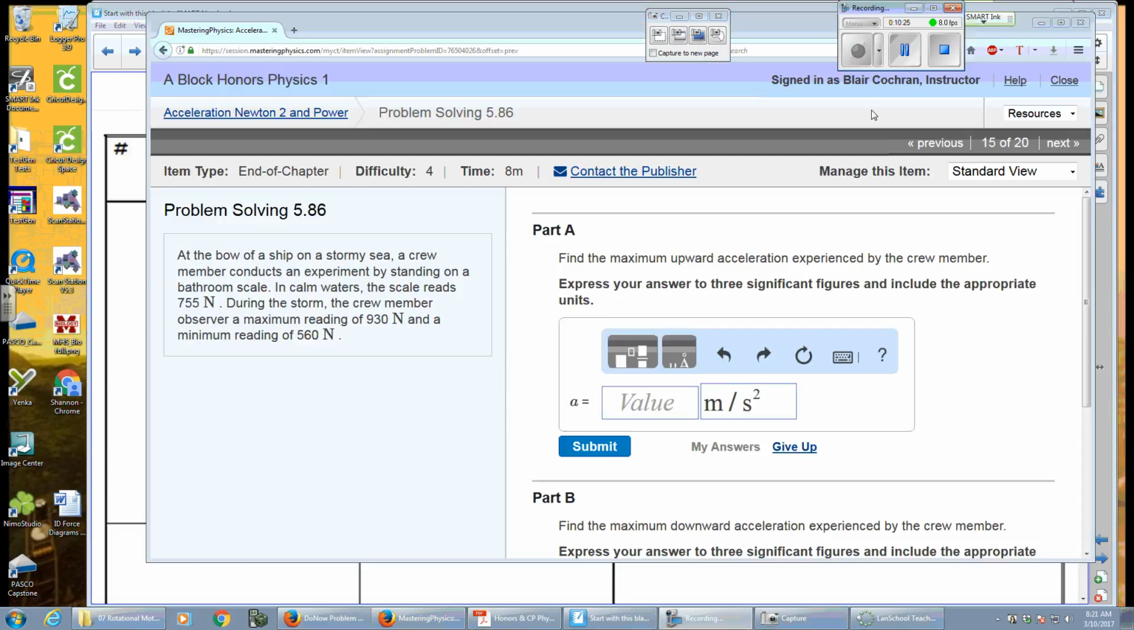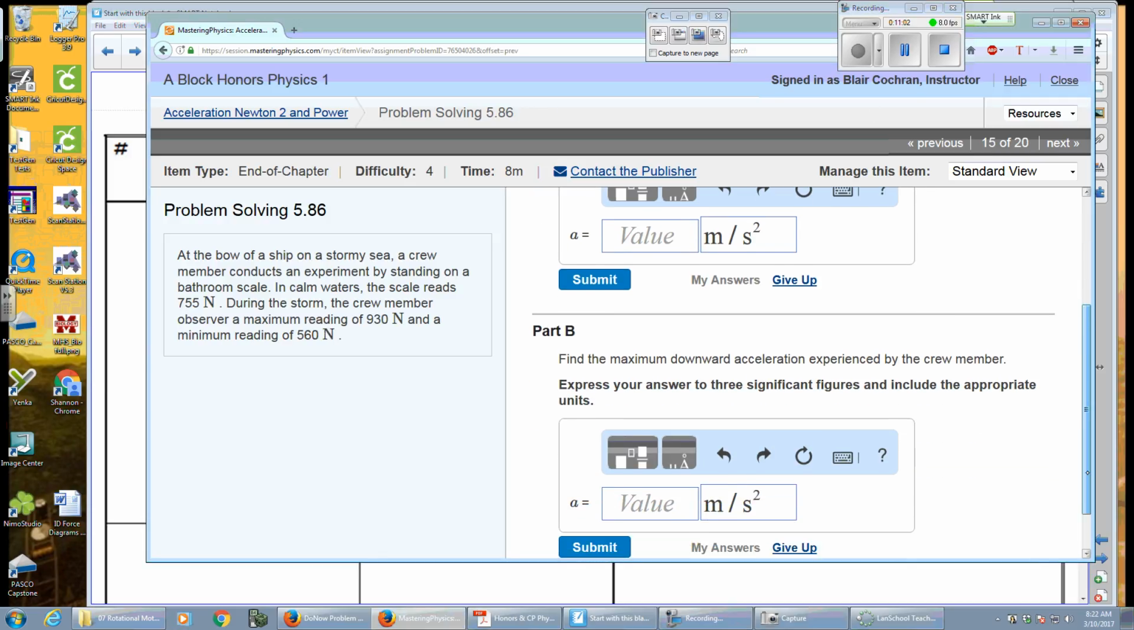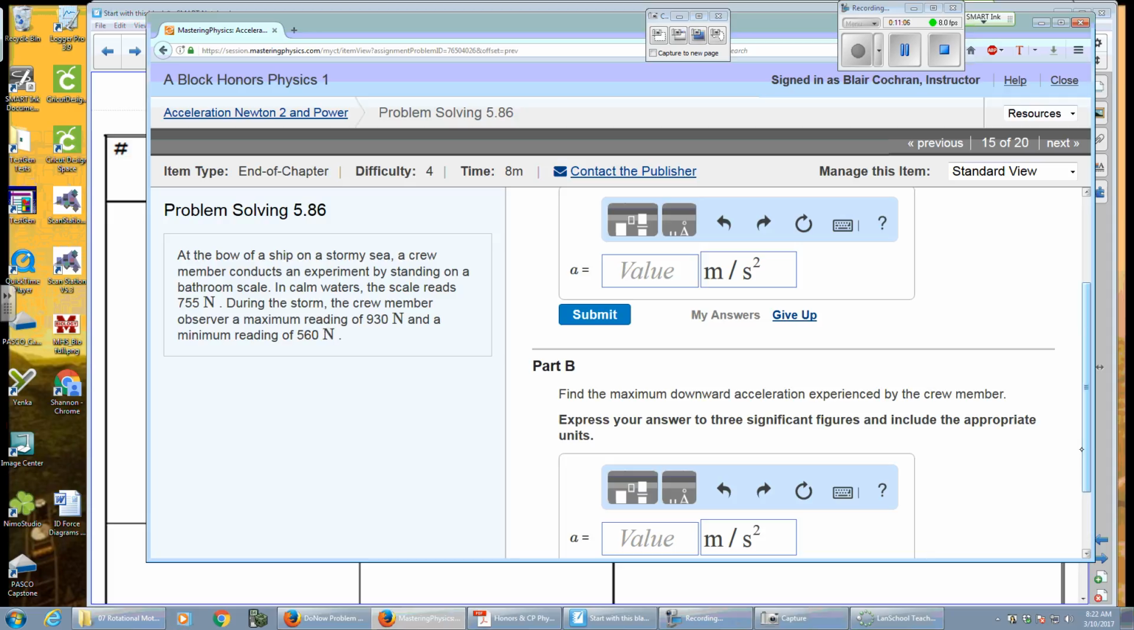Should work. So on to 15 here, but this is one where your Y should be a force diagram for it, because that's going to be the best way to show your understanding of the principles here. So, bow of ship, stormy sea, crew member who's bored, standing on a bathroom scale, and gets 3 different readings, and we're asked what's the upward acceleration, what's the downward acceleration. Alrighty, so